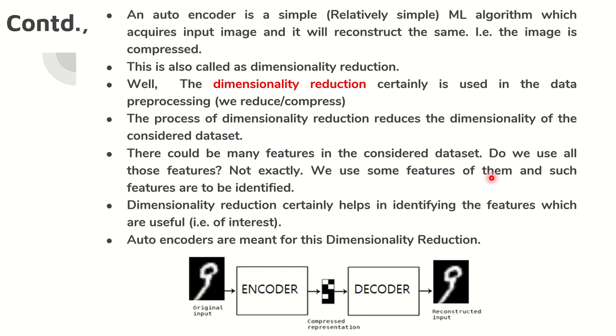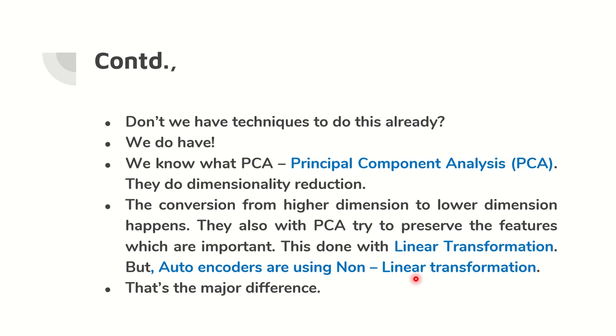You can see a simple picture that I have given here. The original input is given into the encoder and the compression happens here, and then the decoder decodes it and reconstructs the input. The input and output are the same, but I'll have a catch for it. Maybe a little later I'll explain what.